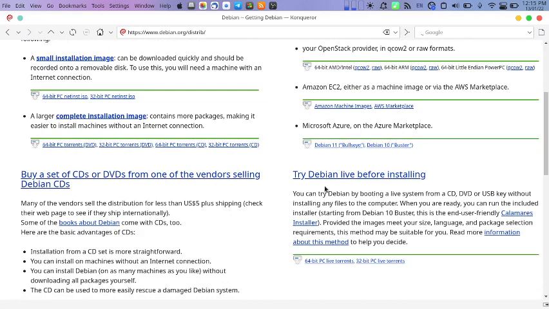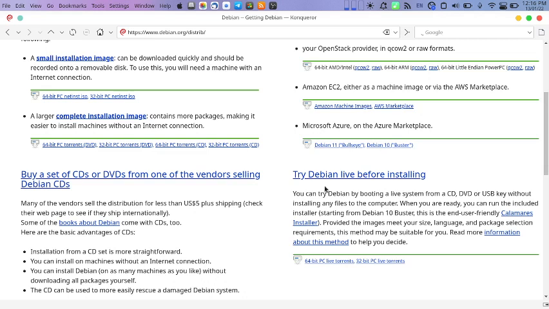Now what happens is, if you just download the CD or a DVD or a cloud image, you don't know what exactly the contents are. You cannot try it before you install it. So for people in doubt, they even have a live image. The live image is installed in your RAM and swap. Then you can check out all the features, all the applications that are installed by default, and you will know whether it is useful to you or not, whether you like the styling, the GUI or not.